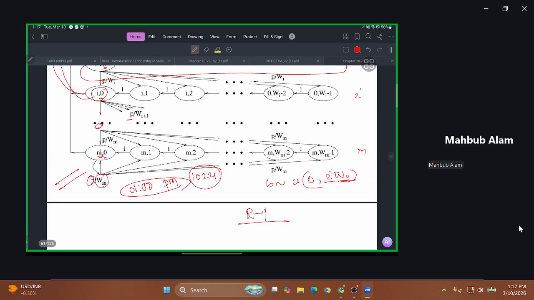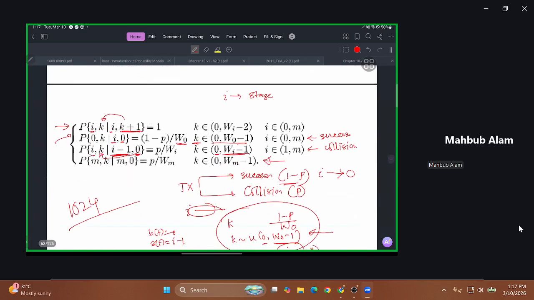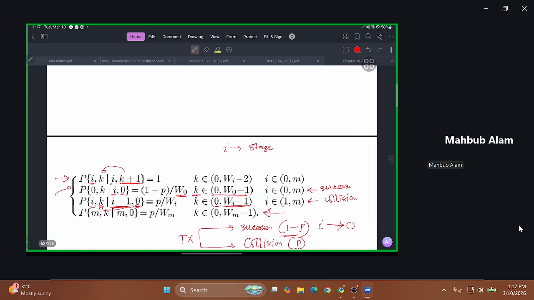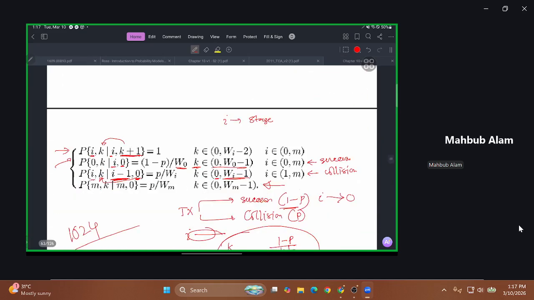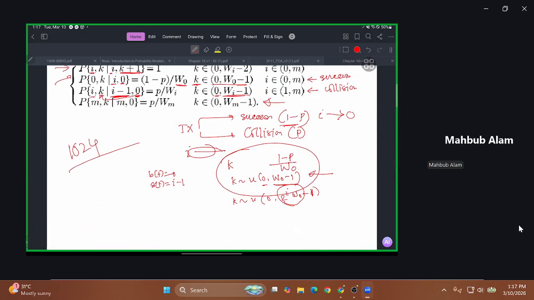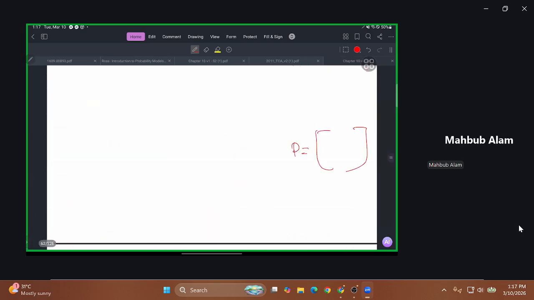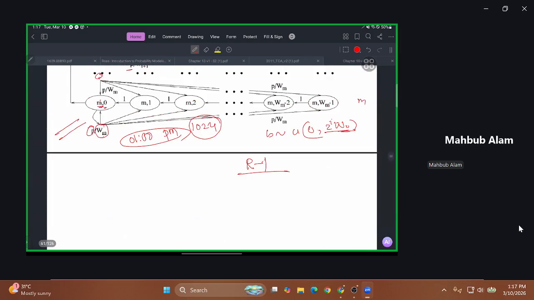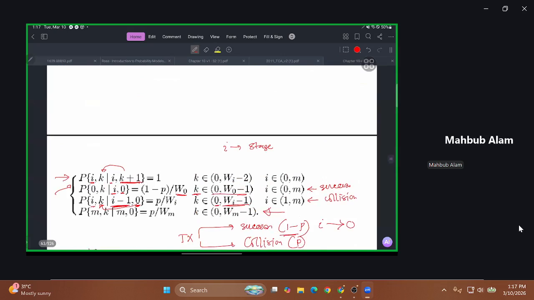So once you have this one, then these four equations very intelligently represent the probability transition matrix for these thousands of states. In which state you will go with what probability to what state. And these just four equations very intelligently represent the probability transition matrix. And here we have the probability state transition graph. Now, once you have this one, then how do we analyze the performance?